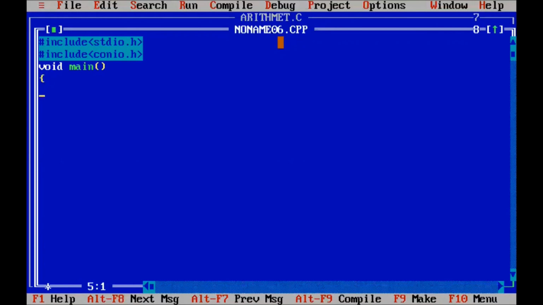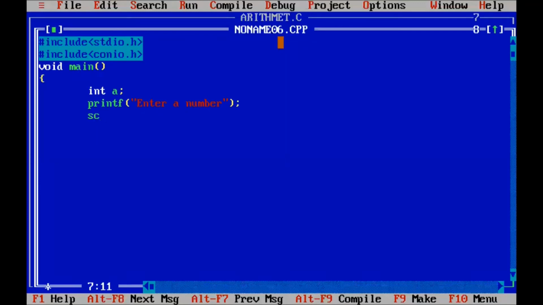So here we declare a variable as integer type and we print a simple message, enter a number. So we print a simple message to ask to enter any value.